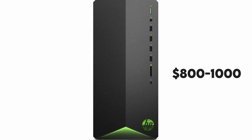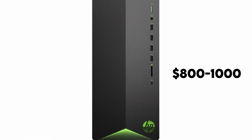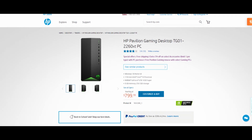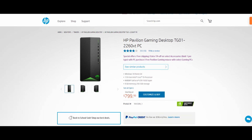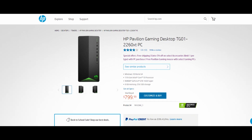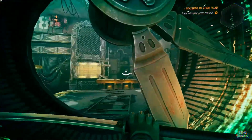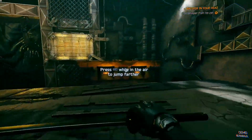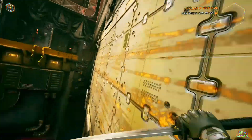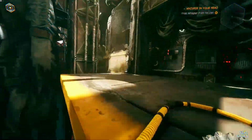So, the first option is for the people that have from $800 to $1,000. This one being the HP Pavilion gaming desktop. Now, I recommend you buy this version that has the GTX 1650 Super and the i5-11400. The only problem with this version is that you will eventually have to upgrade the RAM and storage, so the total price for this PC, to be a great one, you have to spend